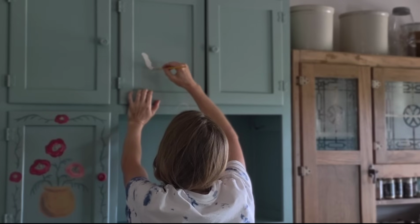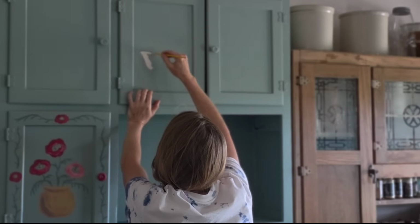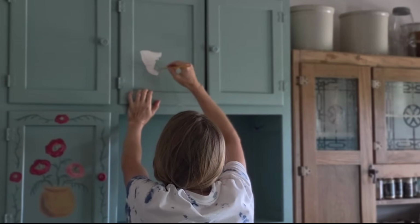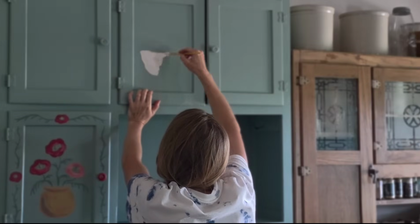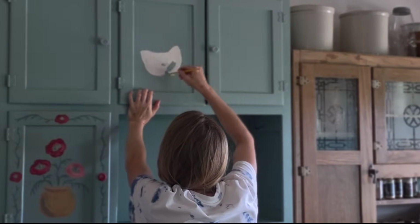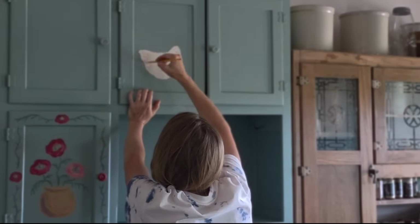But I decided that since I wanted this to have a really folky feel, a primitive feel, that I would just embrace the lack of control that I had painting above my head. So I used that, I think, to give me the style that I wanted, because I love folk